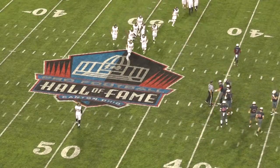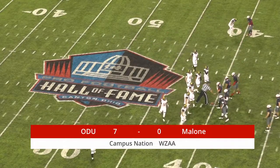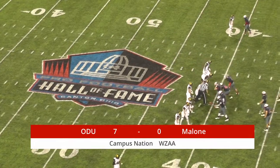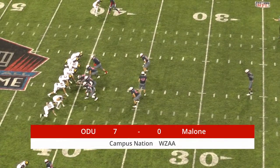Brian Hunter, he's come off a couple times. That's our second time tonight hearing about Brian Hunter coming off the edge. He plays a nice defensive end here for Ohio Dominican. Number 31, Marcus Moeller,